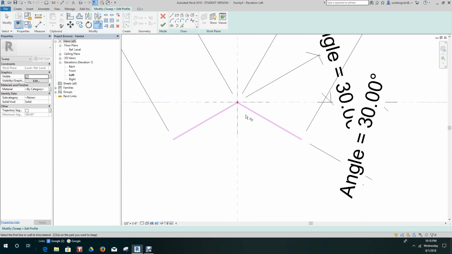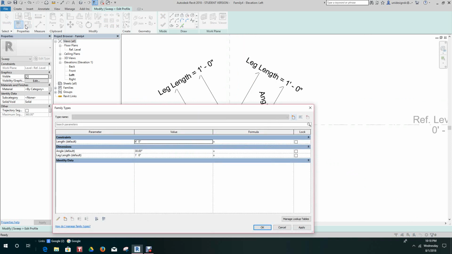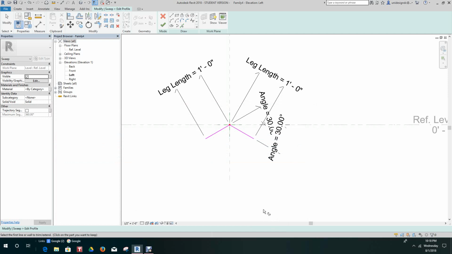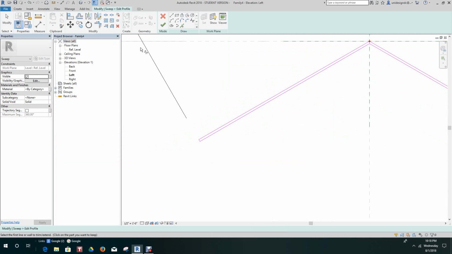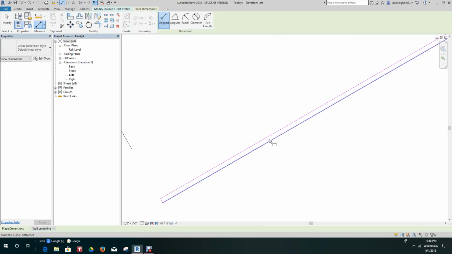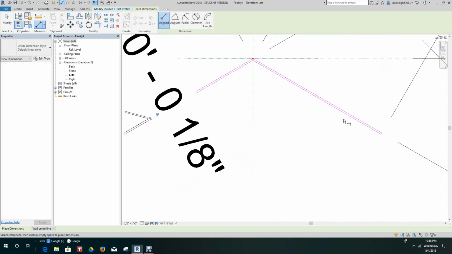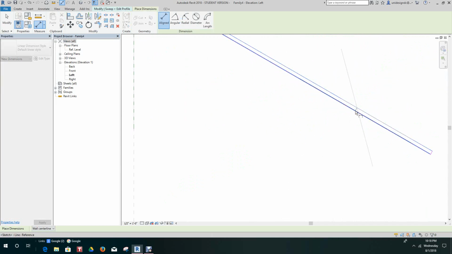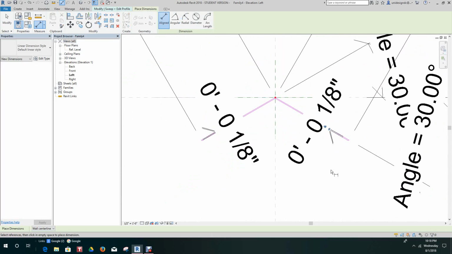Now, let's move on here. So we have our parameters in place. Okay, look, you want to add one more. It's a good thing we checked that. So let's go here and let's add another parameter. We'll label here. That's 1/8 of an inch. Another label here. Okay. Now,